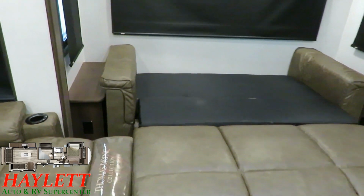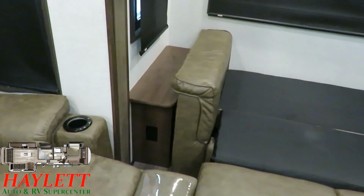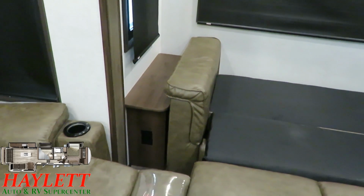I still see normal size side stands. Like, there's power outlets down there. That's cool. That means that this tri-fold hide-a-bed in the back is